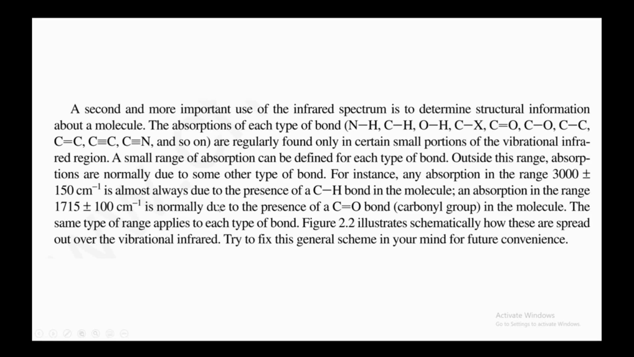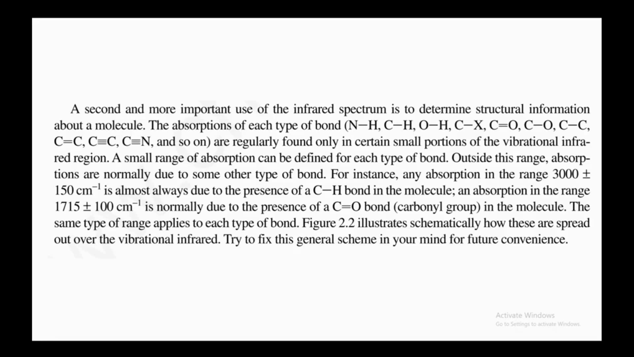And absorption in the range of 1715 plus or minus 100 is normally due to a carbon double bond. What I mean by this is that if you see a peak around 3000 plus or minus 150 per centimeter, meaning either 3150 or slightly less than 3000, that could be due to a carbon single bond hydrogen. And the peak at 1715 plus or minus 100, it could be 1615 or 1650 or 1680